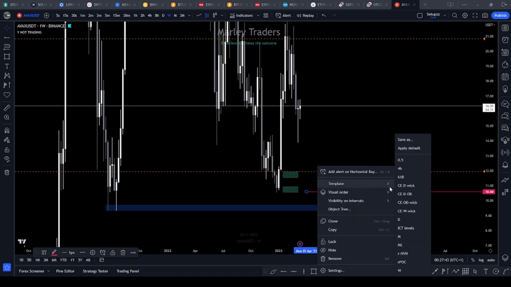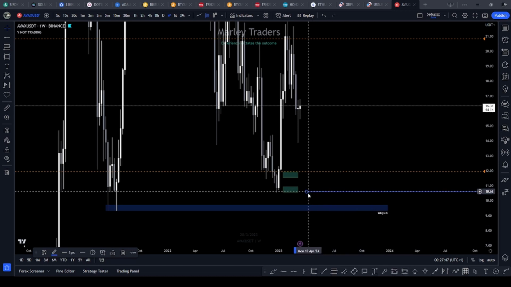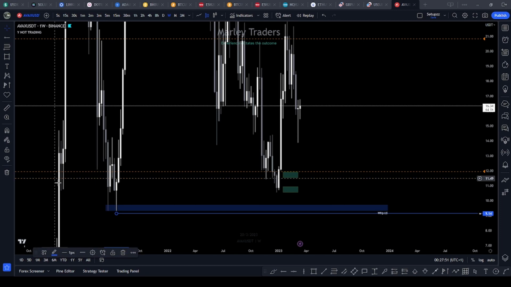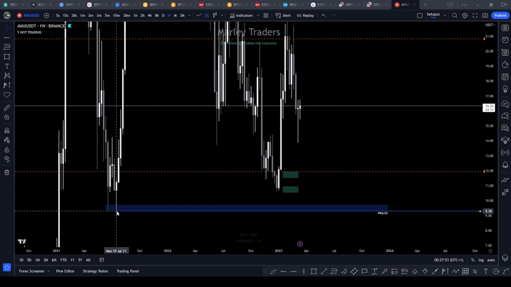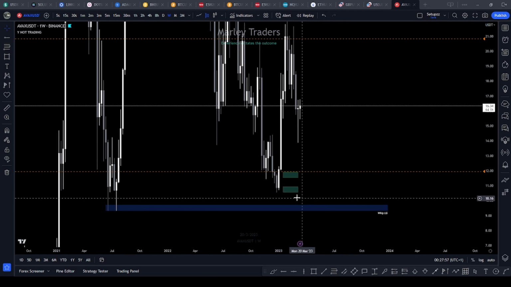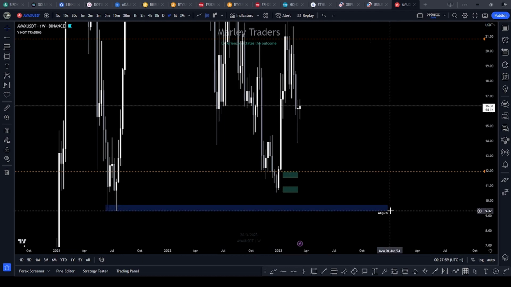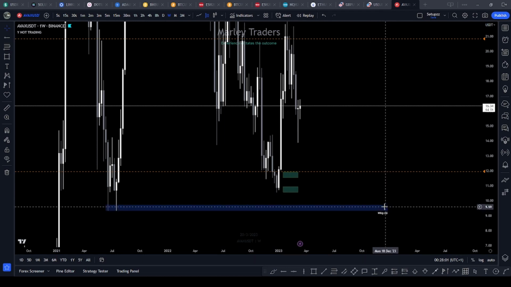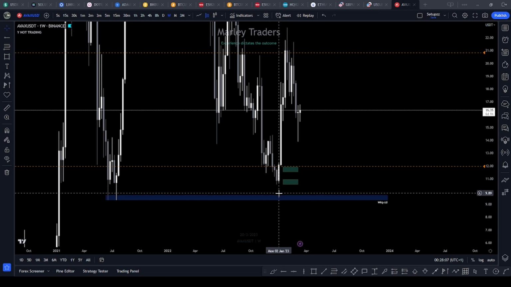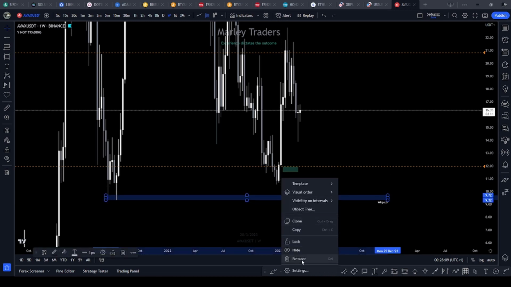But this weekly liquidity grab, I don't really use it often, but I just created it. Then that's for that. Take it back to the daily time frame so we have a better view of